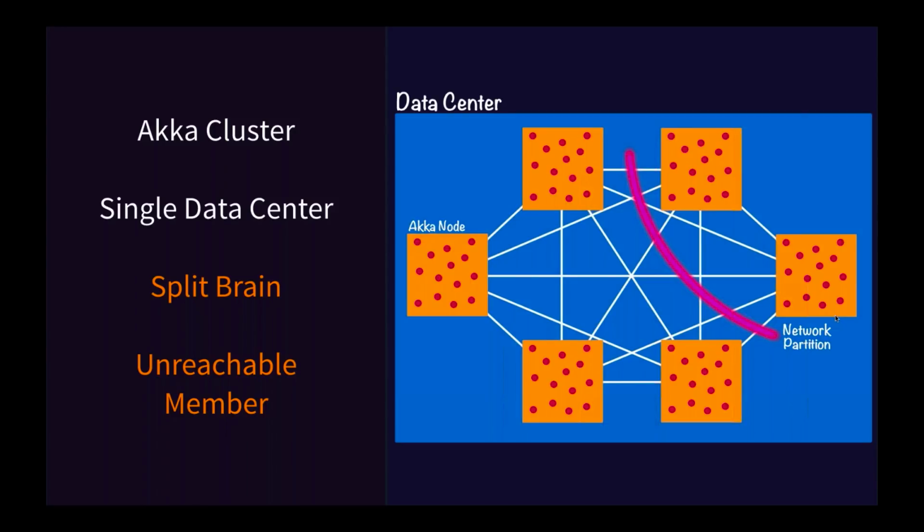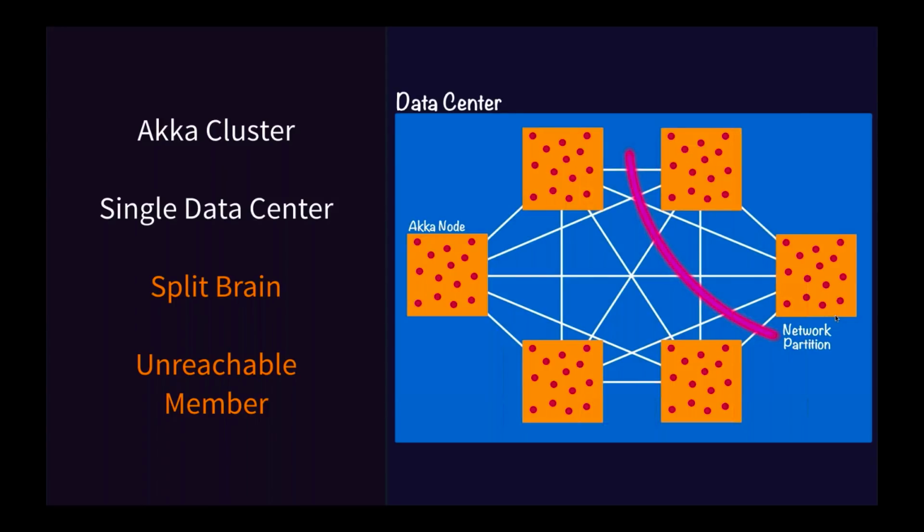So the result is that each one of us, in a relatively short period of time, can assess that there's this partition that's occurred. I can see this other individual that's on my side of the partition. You can see the other 3 individuals that are on your side, but we can't see each other. So we're split off. This is a classic split brain type of situation. And what happens is that we kind of split the cluster in half, and both sides declare the members, these nodes, unreachable. So this is a quick review of some of the mechanics that go on within an Akka cluster right now.